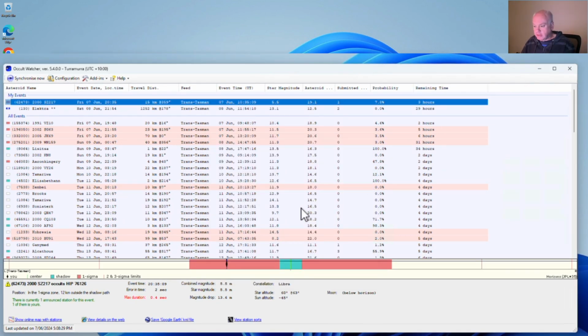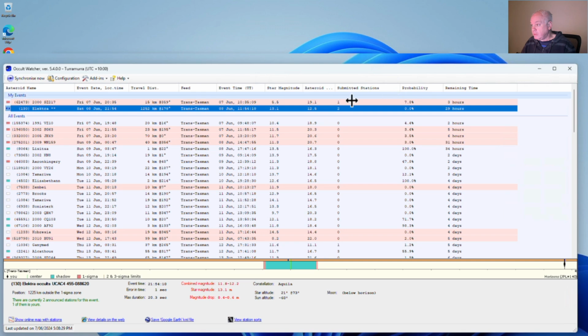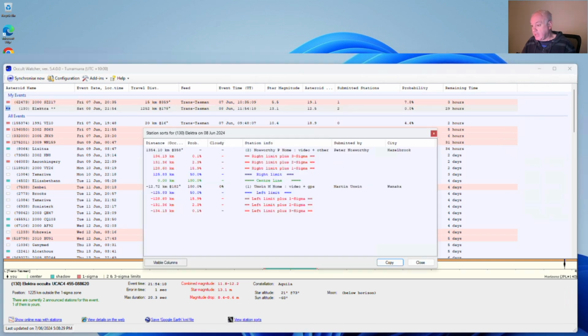Now there's one other thing I'd like to show. There's a couple of things. Select an event. There are some links down the bottom here. Now, one of them is View Station Sorts. I'm choosing that one because there are 2 submitted stations. I'm one of them, right? If I click that,